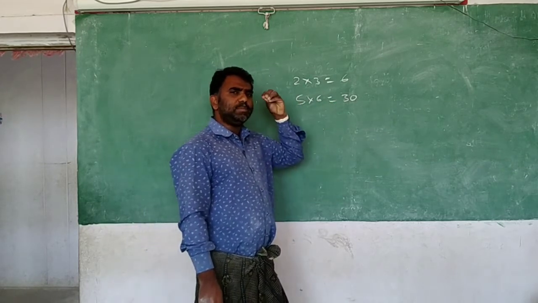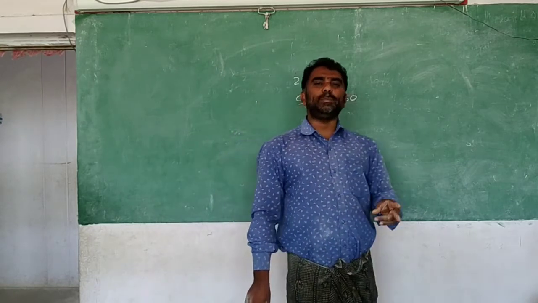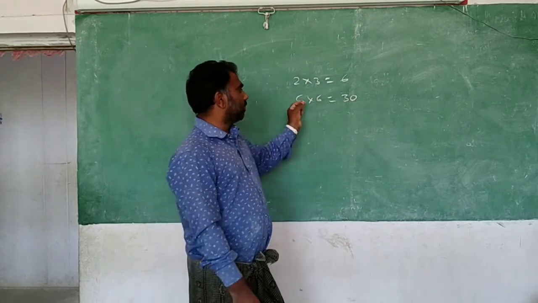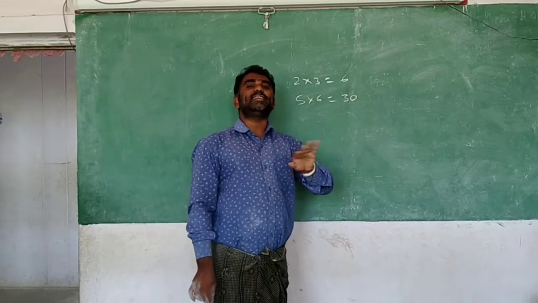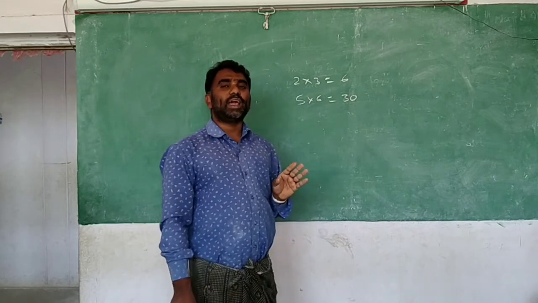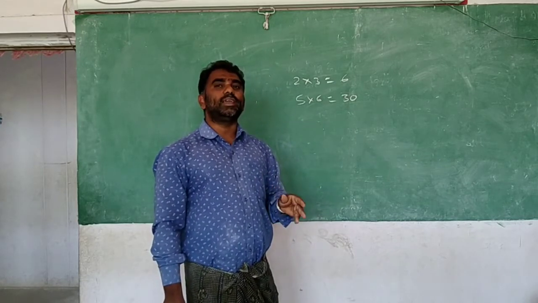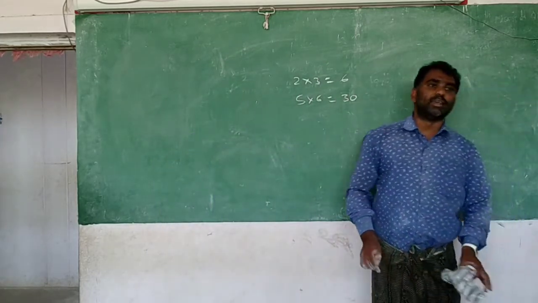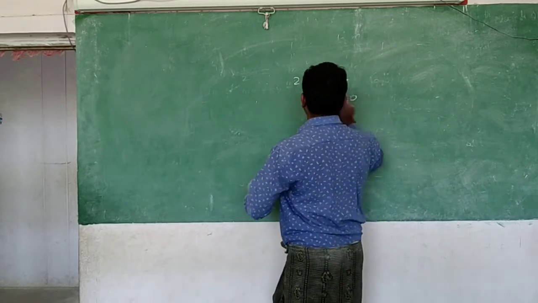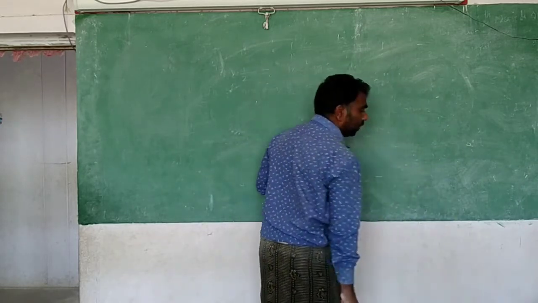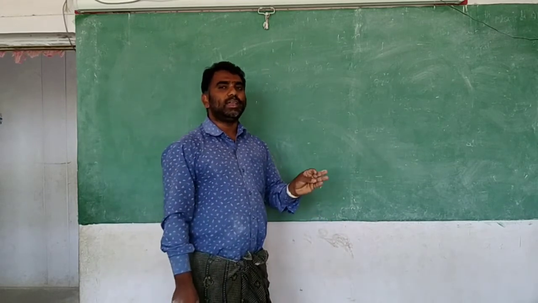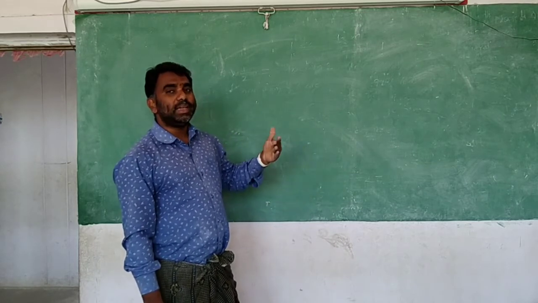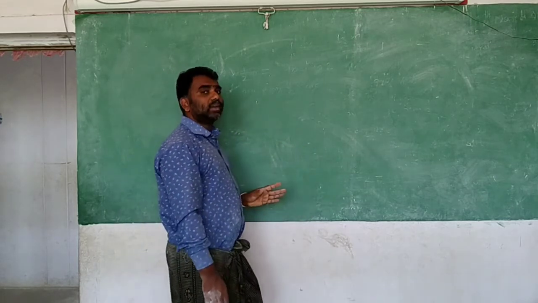Not only in this, any multiplication you take, if you multiply two numbers, the product is always more than the number. But in fractions it is not like that. In fractions it is not compulsory that the product is more than the numbers. Sometimes it is more, sometimes it is less. I will show one example to you. You try to understand it. In integers it is compulsory that the product is always more than the numbers. But in fractions it may be correct or may not be correct always.